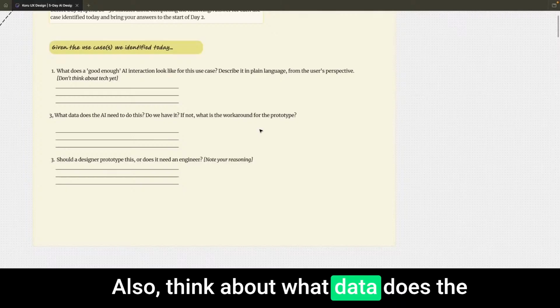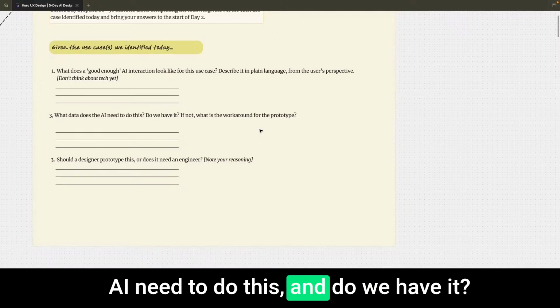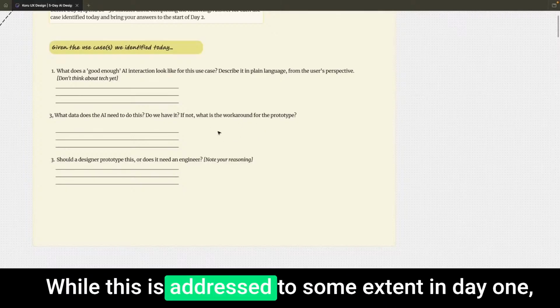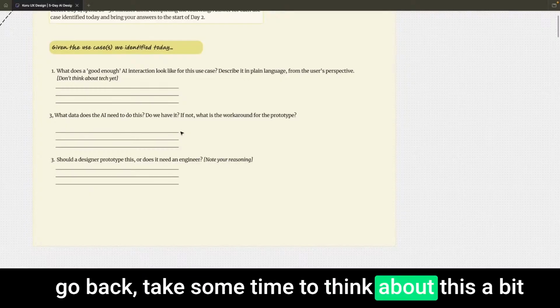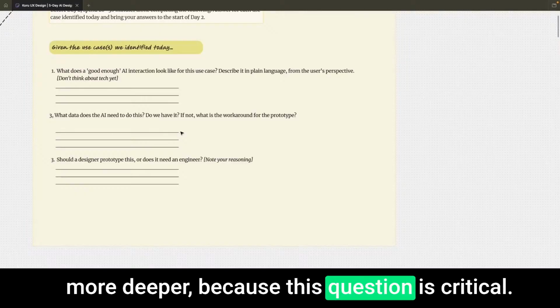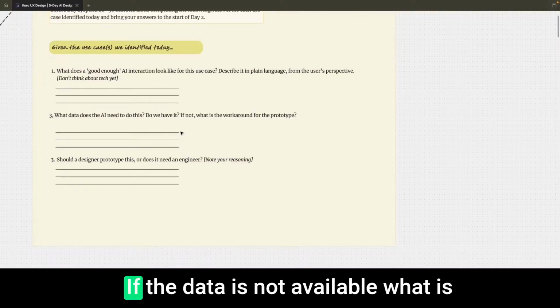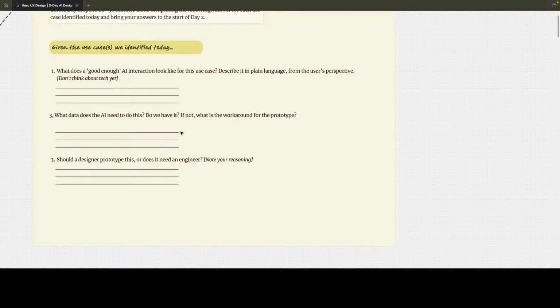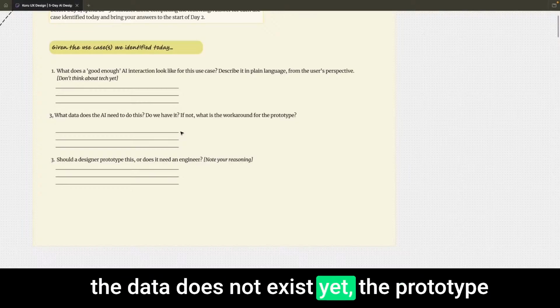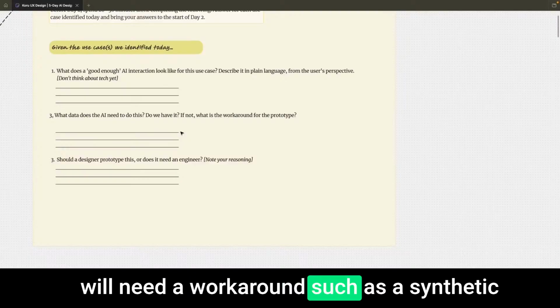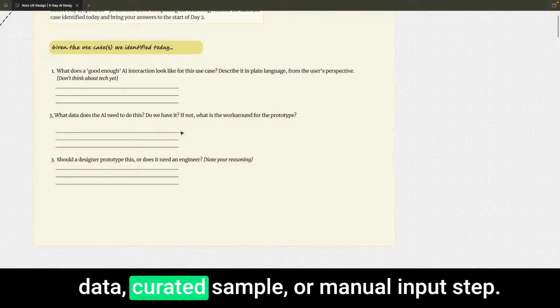Also think about what data the AI needs to do this, and do we have it? While this is addressed to some extent in day 1, go back and take some time to think about this a bit more deeply because this question is critical. If the data is not available, what is the workaround for this prototype? The answer will directly shape what is feasible to be built on day 2. Because if the data does not exist yet, the prototype will need a workaround such as synthetic data, a curated sample,